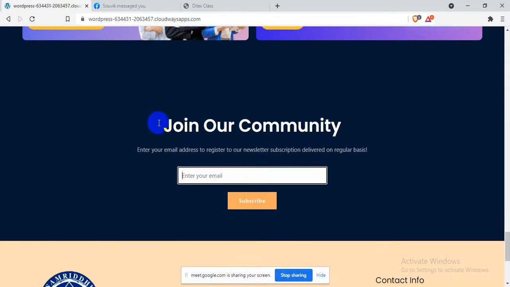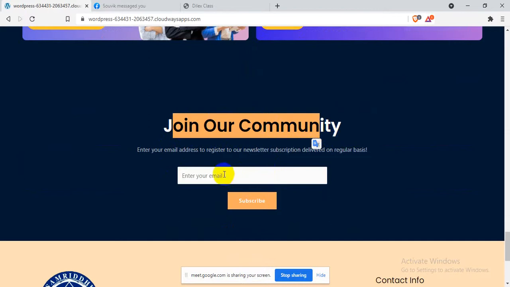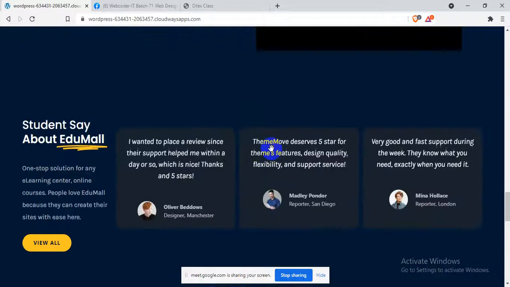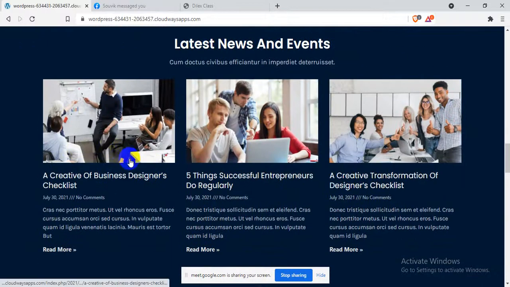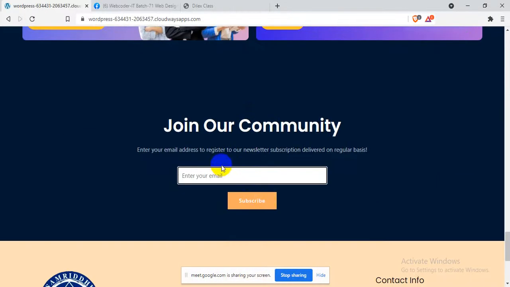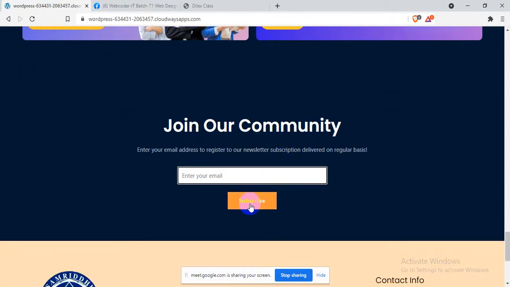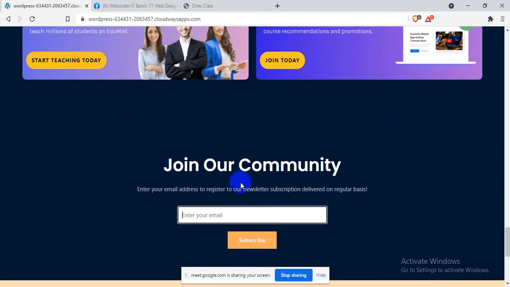And then the subscription. If someone wants to join our community, they can subscribe and will get an email notification once we upload the latest news. So for this, what kind of subscription will go? Will articles go, or any update on the website? It depends on us. If a new course is uploaded, we will get the email, then we can use it in our way, whatever we want.